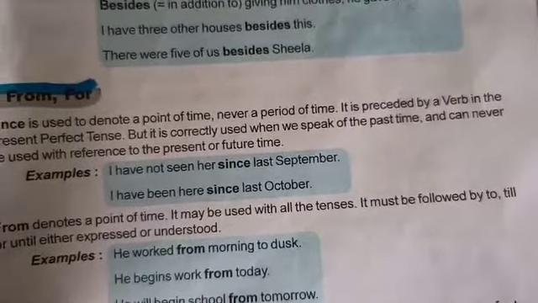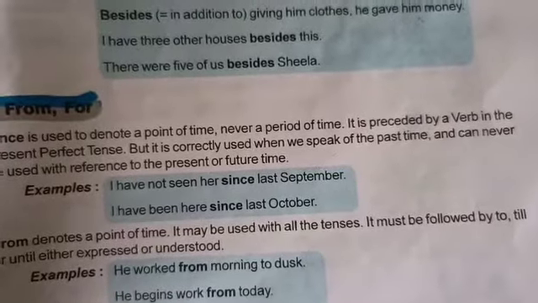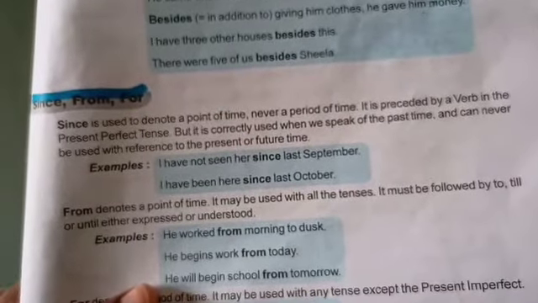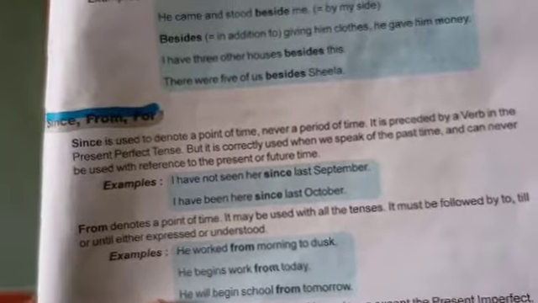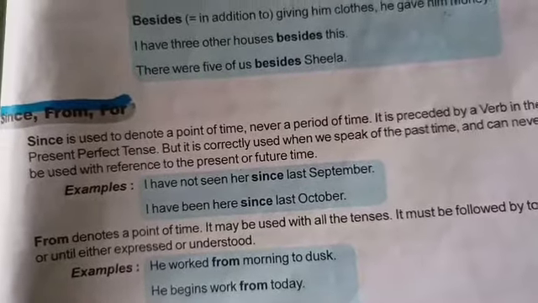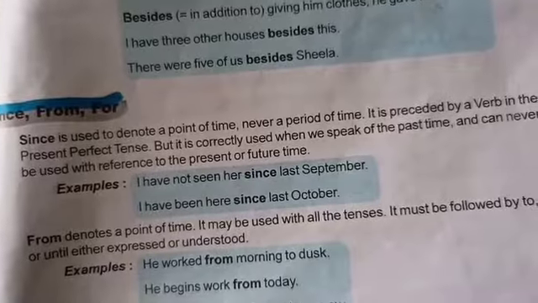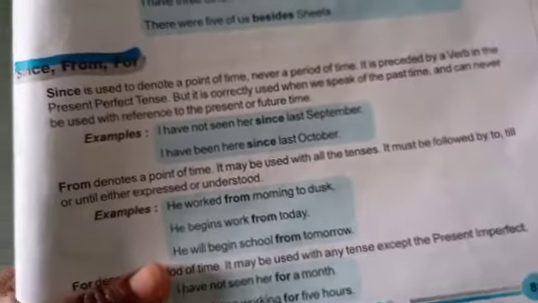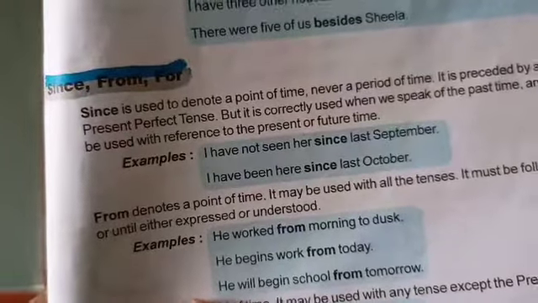Okay, I have not seen her since last September. You can see this is clearly telling you about what? Past time, कि मैंने उसे लास्ट सितंबर के बाद देखा ही नहीं है. ठीक है, ये बीते हुए कल के बारे में बात हो रहा है. But here you can see the use of present perfect tense is there also. It is talking about a period of time. What is the period of time? Last September. So exact timing is also given. So in such cases what we will use? Since.